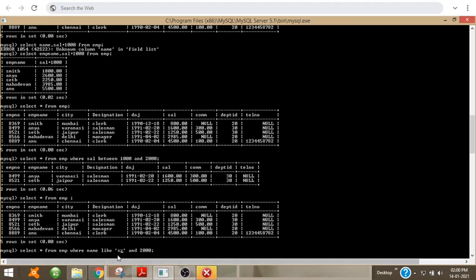That is, the like operator is for string matching, that is, the name should start with S. I'm using the like operator and then the AND operator also, and sal